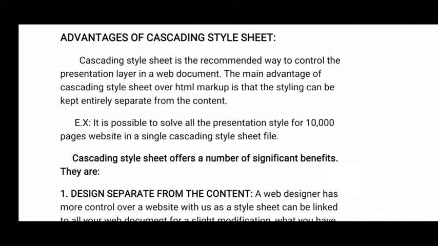Now we have a few advantages in CSS. Okay, what advantages do you have in CSS? Now we'll discuss that. The main advantage is we are separating content from presentation. That is the main one. There are more advantages that we'll discuss one by one slowly. So this is only the introduction part for advantages. Cascading style sheet is a recommended way to control the presentation. Recommended means it is a useful feature which can be very useful for an HTML document. When you are designing a website, this CSS technology is very useful.